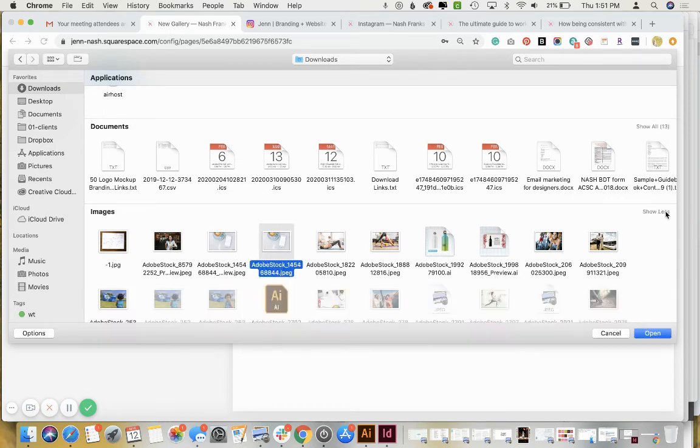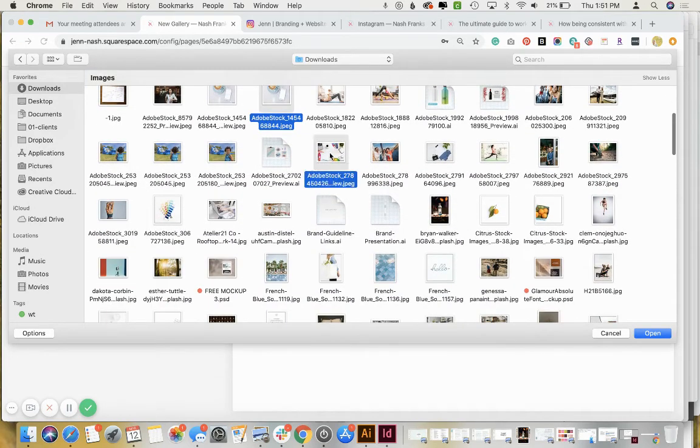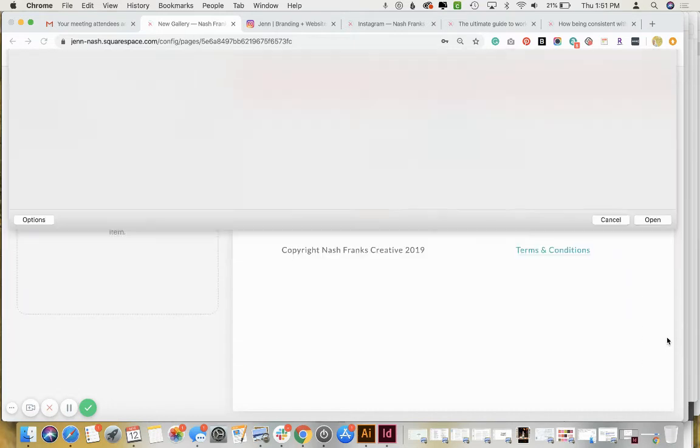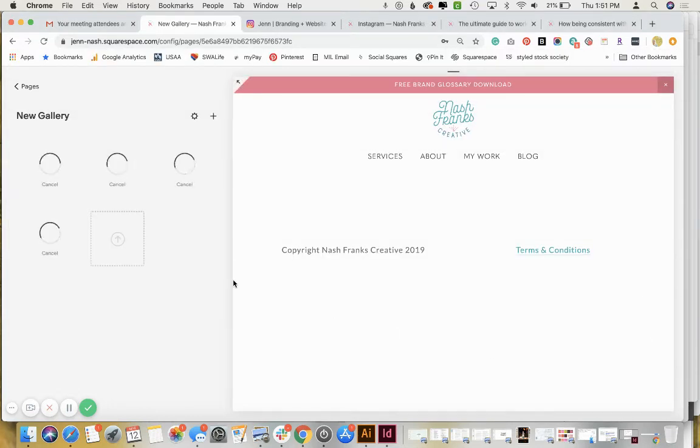I'll just pick a couple here. Random stock photos that I have. And click on the ones that you want to upload. So now I've got my 4 pictures coming in, and then I can go through and do the exact same